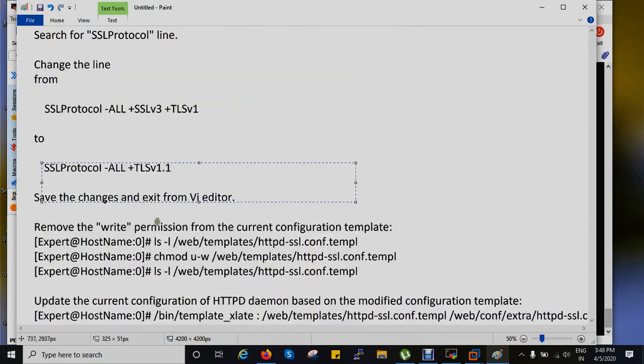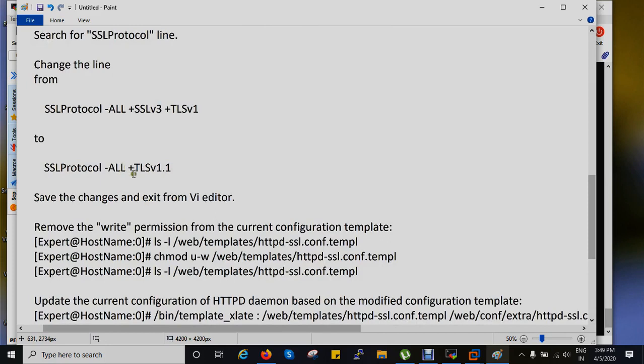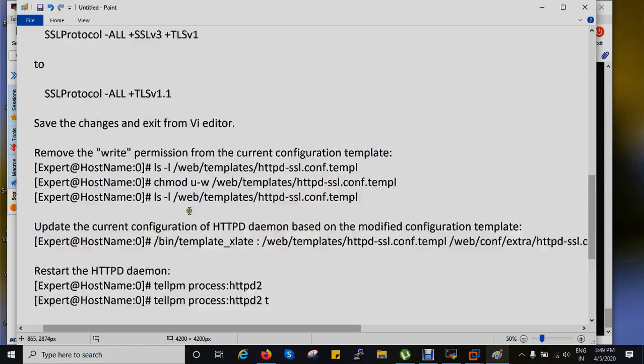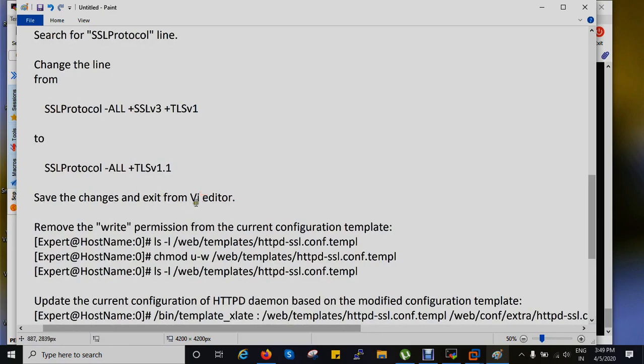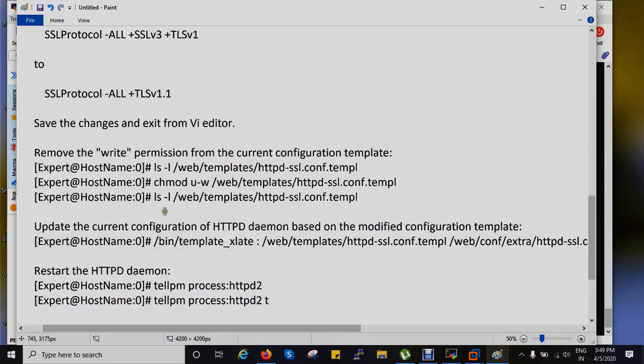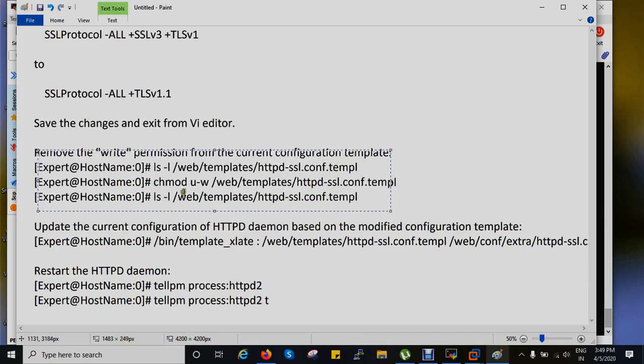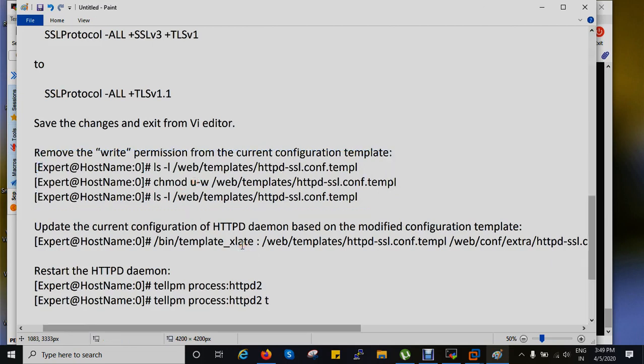So for removing the permission, these are some profiles which you have to set. You can take an example from here also, if any plus and minus detail is pending. Next, you have to remove the write permission from the current file using this command. I used the plus, and you have to use the minus here, because if somebody accesses this file, he can change it. We have to remove the permission and put the same configuration as it was earlier.